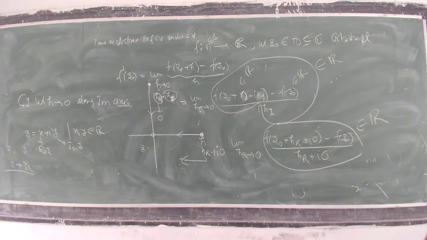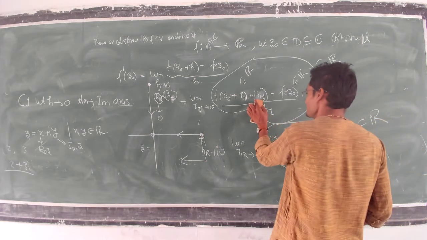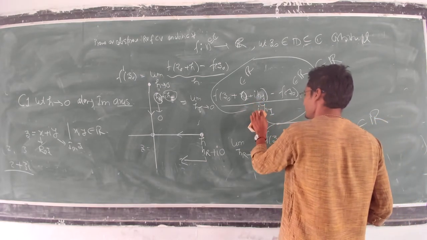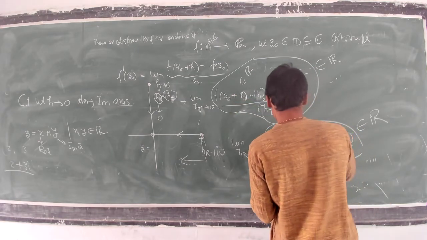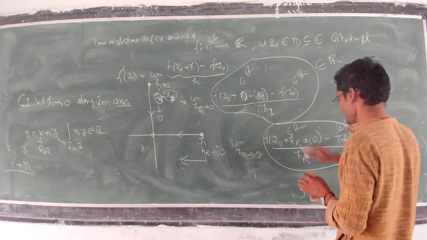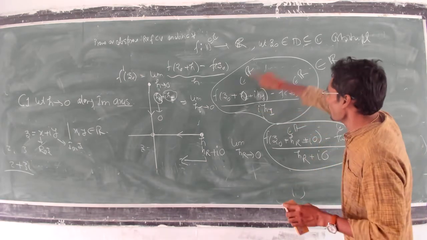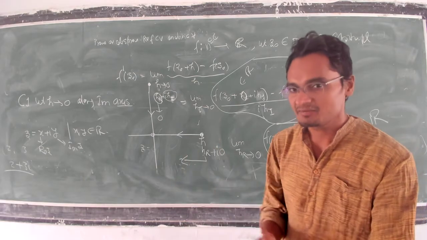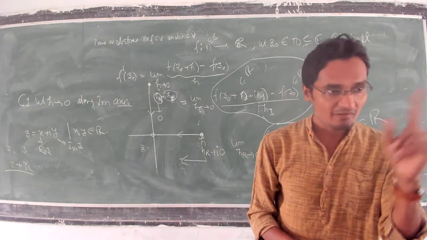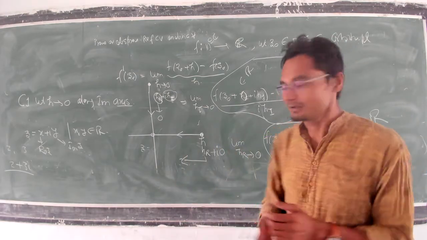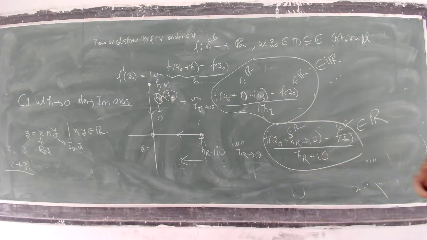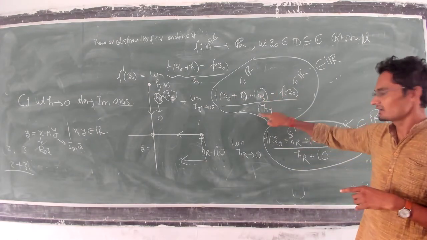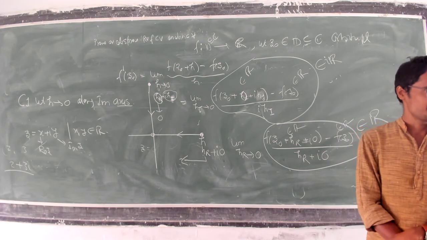Is this fine? I want some changes here. Now, if I add here, this is R, this belongs to R, total is R. But if the whole is R and you multiply by some number iota, then that will not be a real number. That will be an imaginary number. So this whole quantity belongs to iota R, not R. Yes, sir. This is R, this is R, this is R. Multiplication of iota, imaginary number.